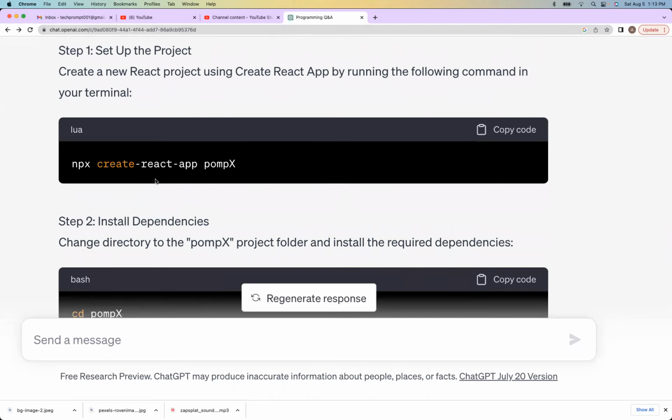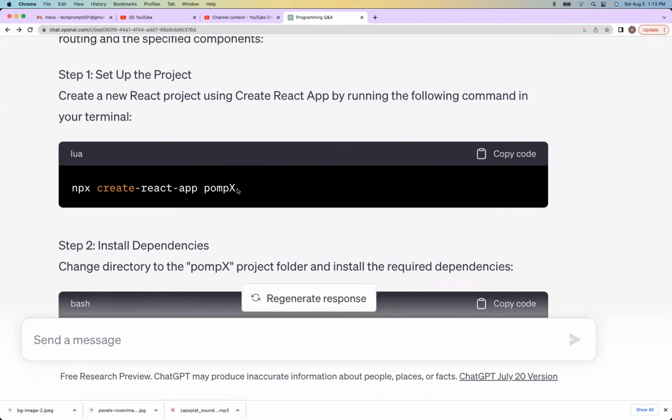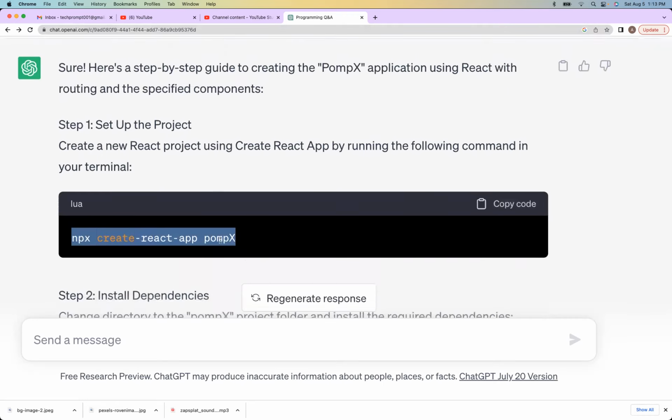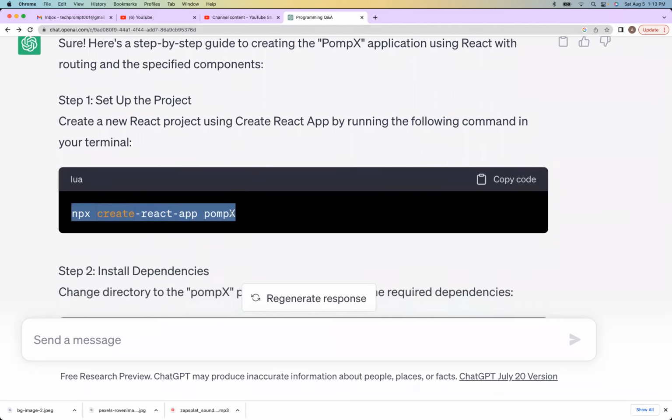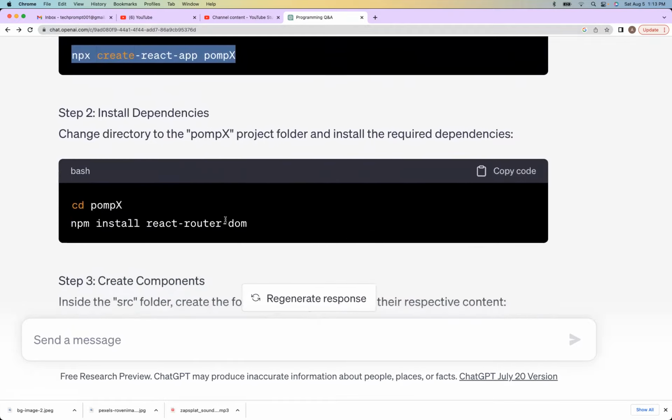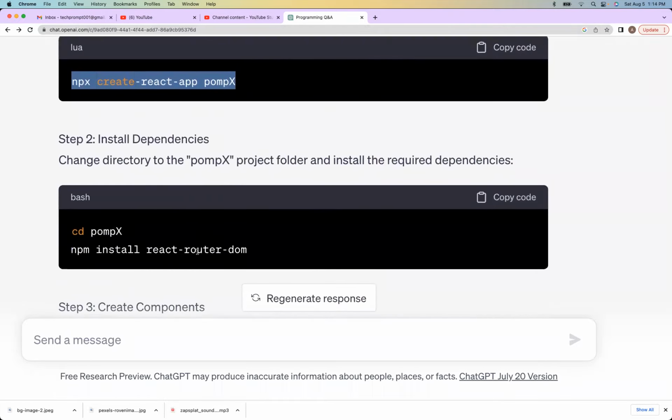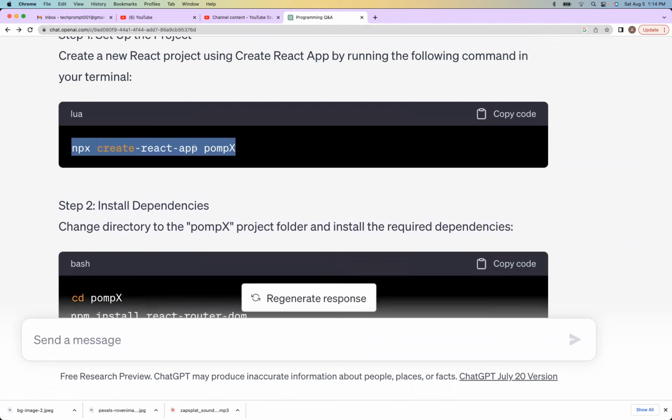So when we look at it from the top, it says to use npx create-react-app to set up my application, and it knows the app's name to be Prompt X. I think there's a typo in this, so I've just changed the name on the fly. And one thing again is that with the advent of the new React, they don't want a capital letter in it, so I'll change that to a small letter. It also says to install the dependencies that are required. So let me copy this and go to